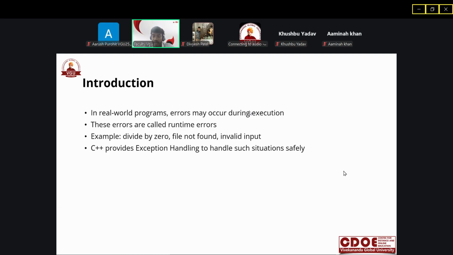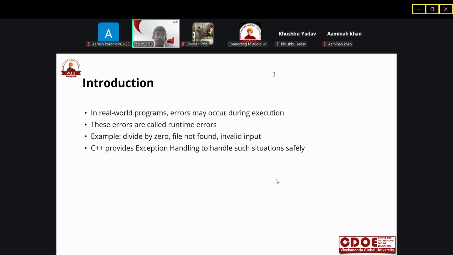In the real world, whenever we write a program, an error can occur at any point of time. An error can occur at compile time, whenever you are compiling your program. An error can occur due to a syntax error. You write a program and there is some syntax error, so you will get the error at compile time. The syntax error will be shown to you at compile time.